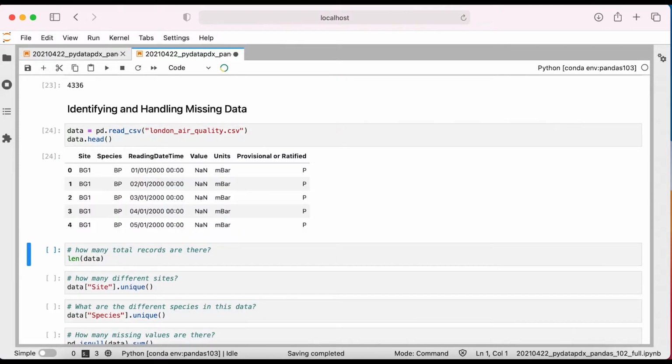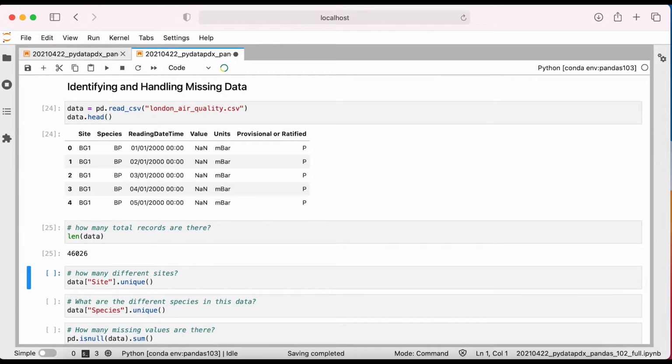This data frame shows the site, species of pollutant, reading date time, the numeric value, associated units, and flag for whether the record is ratified or provisional.